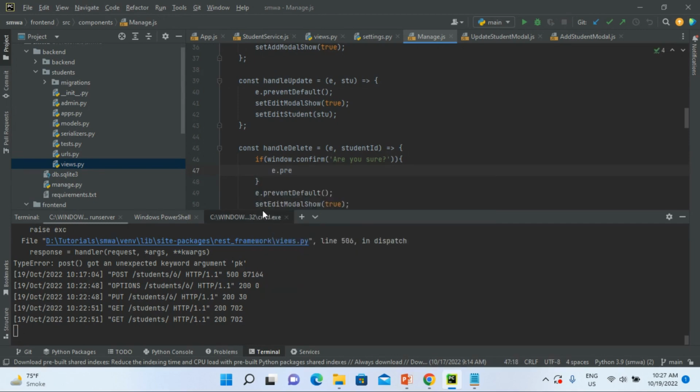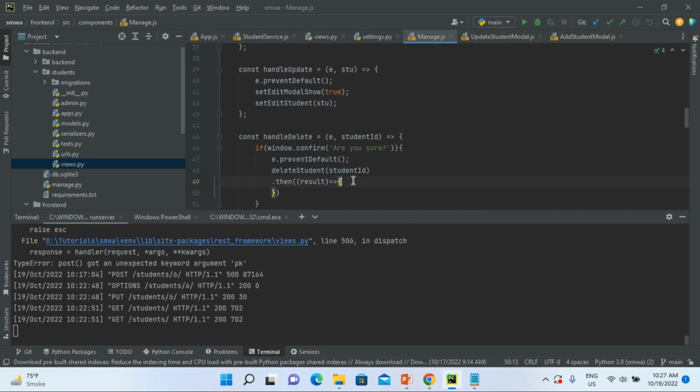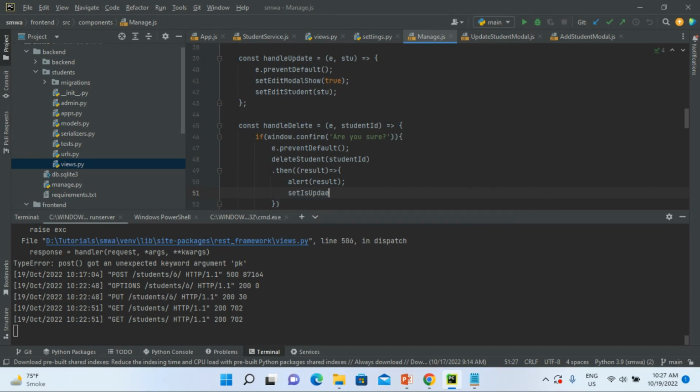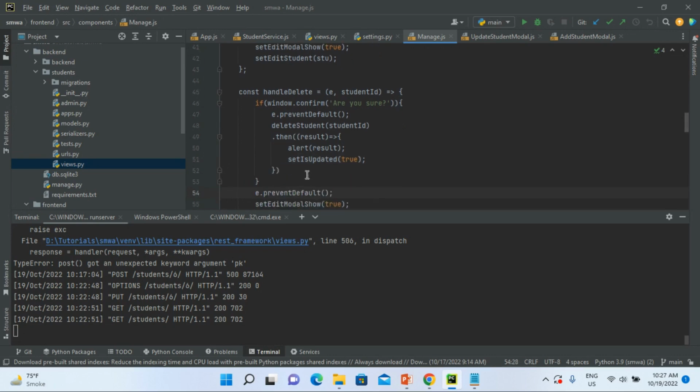Okay, I will just copy event.preventDefault, and then I will call my deleteStudent API with studentId, and here I will say .then result, and here I will just show an alert that the student has been deleted successfully, and I will call setIsUpdated to true, so that I can refresh my content on the page, and then finally